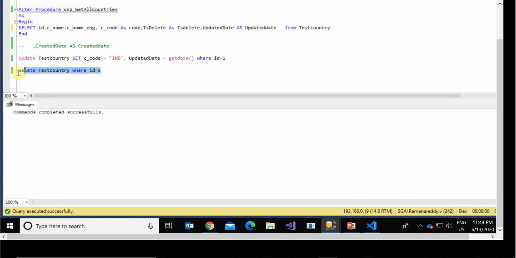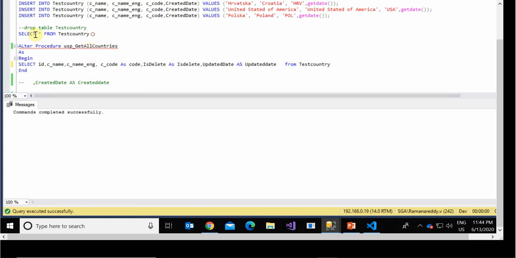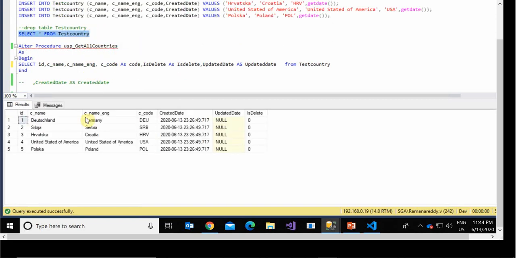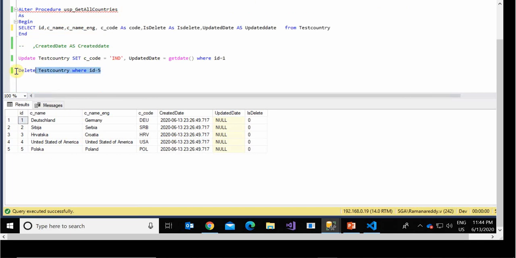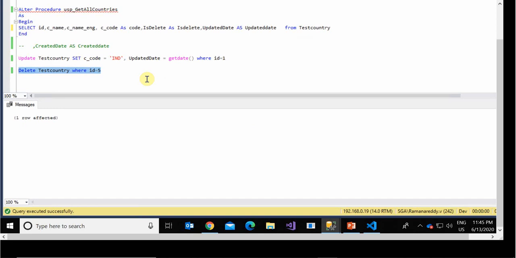Here I am hard deleting one record. Let's check how many records there are. As of now, 5 records are there, and within the 5 I am deleting the 5th record. Hard delete: if I delete permanently from SQL, it will not be removed from the Elastic server, because for that requirement we need to write separate scripts. Whenever we remove something from the SQL server permanently, similarly we need to remove it from the Elastic server as well.